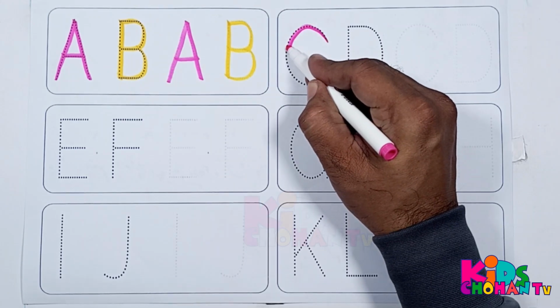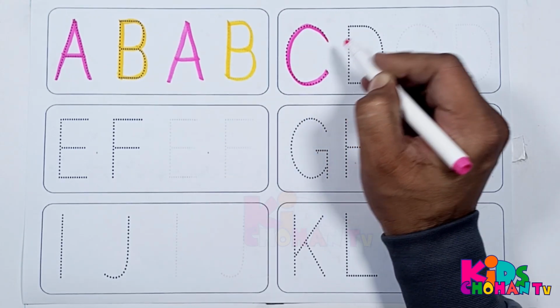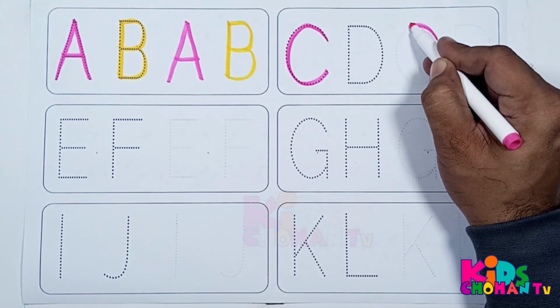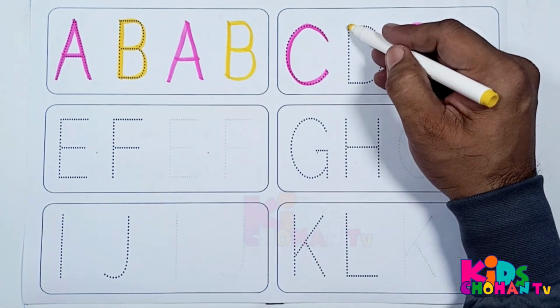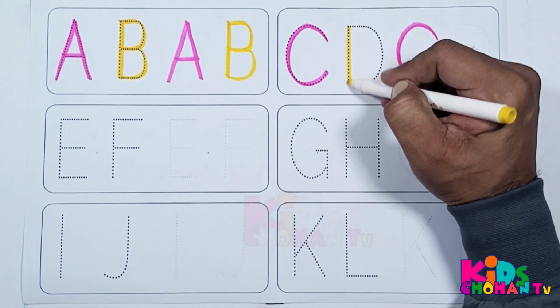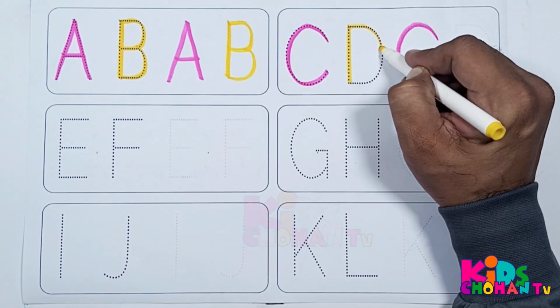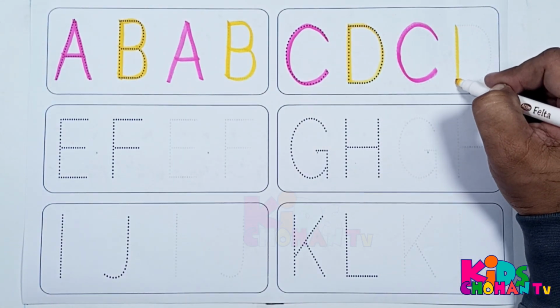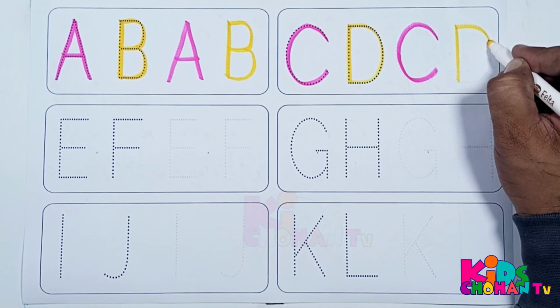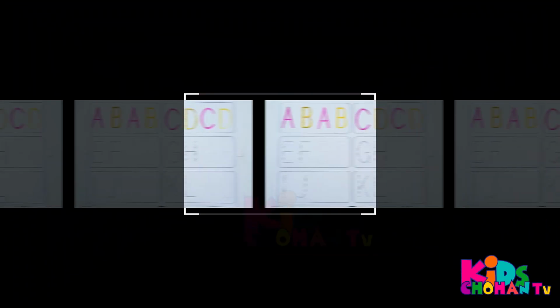This is letter C. C. D. Kids, we are tracing letter D. Green color,